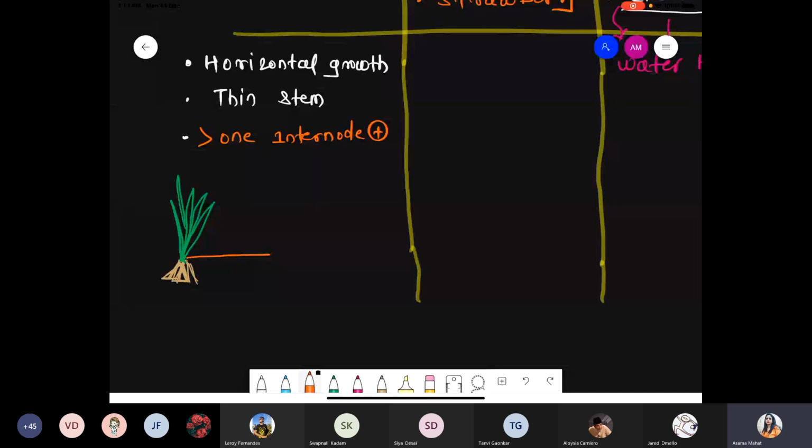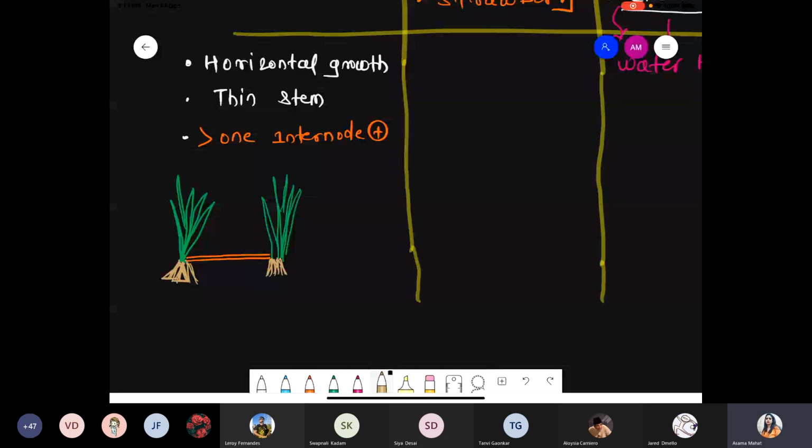So now what happened? From the lower part of the stem, a bud arises, and that bud gives rise to a stem area. That stem area penetrates inside the soil and gives rise to new roots. Again, there is a formation of a new shoot system, a new leafy structure gets formed. Between the two plantlets, a connection is present. They are showing the horizontal growth pattern, basically a thin stem, and such a structure is called a